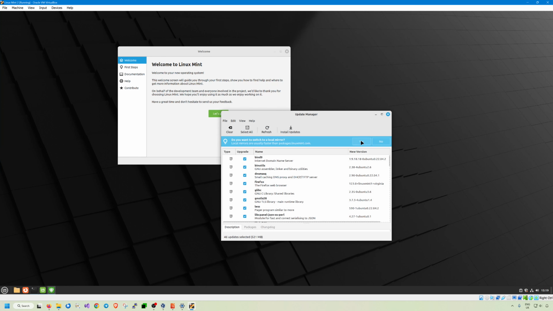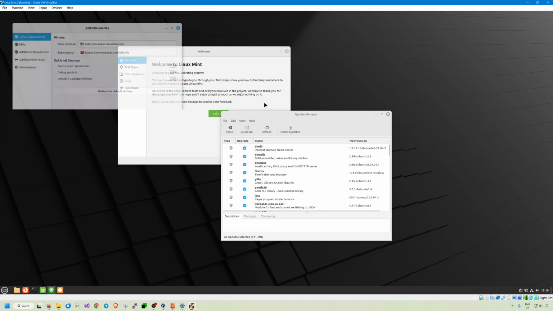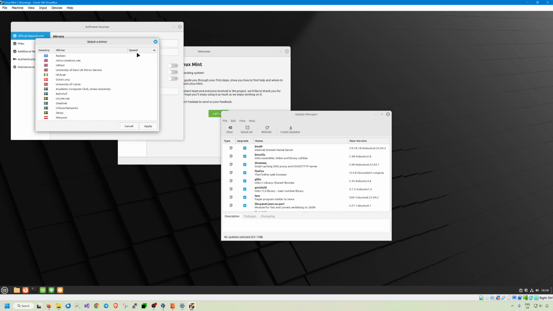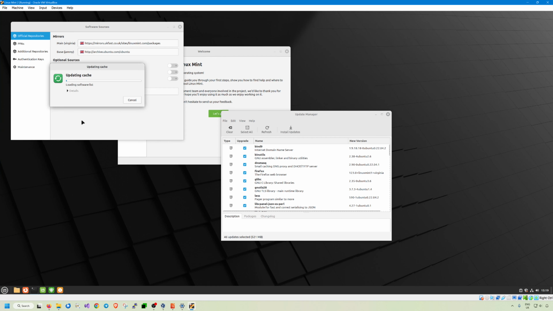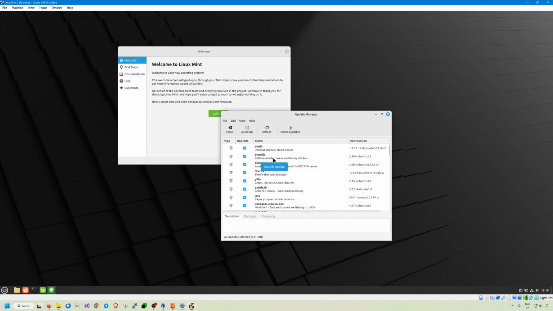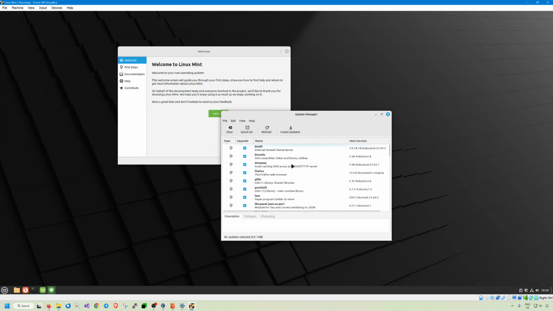So we also want to switch to a local mirror because I'm in the UK and I don't want to be pulling them from the US servers. It doesn't need to go across the Atlantic. So I'll click on here and UK Fast will do me. Hit apply and OK, and then it will refresh. So basically these servers are where the software updates and software packages are located. So we switch to our local one and we can see, yeah, quite a lot of updates required, and to apply